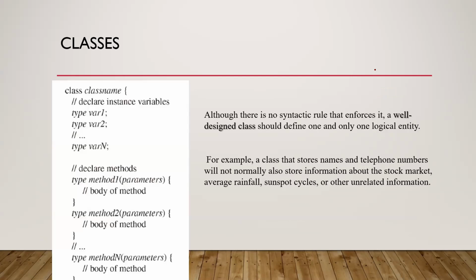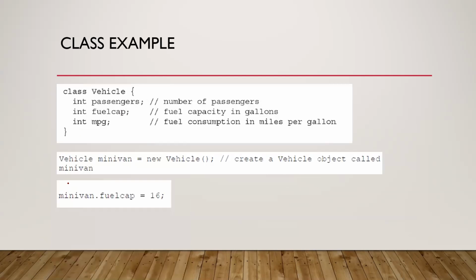And this was the definition that we looked at earlier. So you will have a class name defined over here, so you'll have to use this keyword class. And then you use the type and the name of the variable, and so on and so forth. And then you have the methods. So this is your typical structure. And then we are looking at this example of vehicle. And we discussed that let's say the vehicle has these particular states or variables, which are the number of passengers traveling in the vehicle, the fuel capacity, and the mileage in miles per gallon.